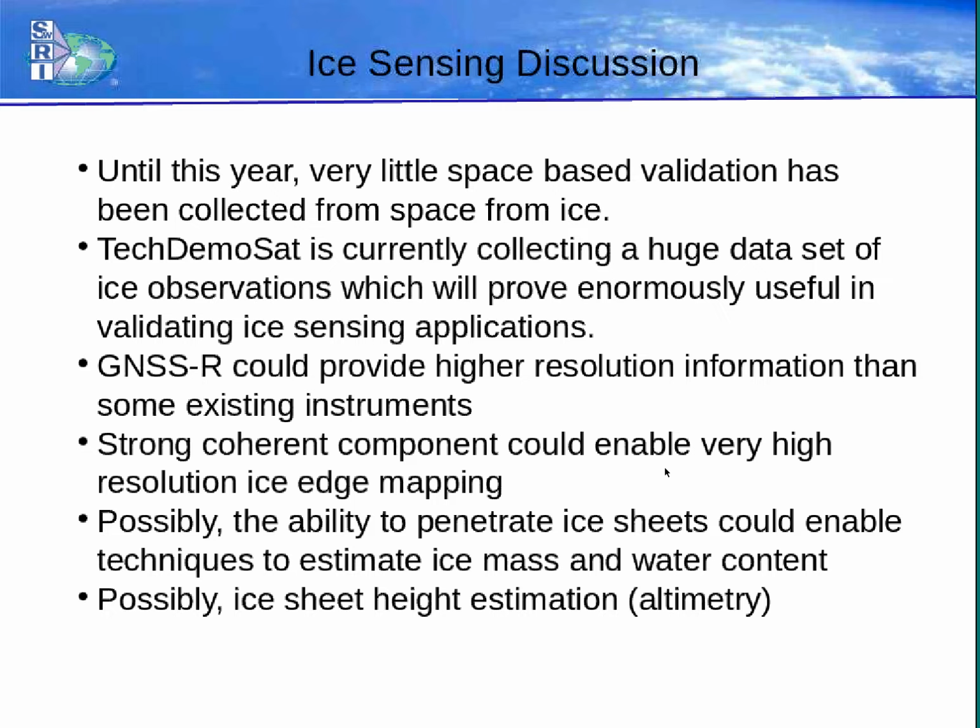Cygnus will not, because Cygnus, as I'll describe later, was basically designed to target the Caribbean and the lower equatorial latitudes. So there could be some interesting applications. Like I said, there are some long shots, but I think the higher resolution, the transition from ice to ocean could be interesting. If we get a huge data set, a ton of measurements,